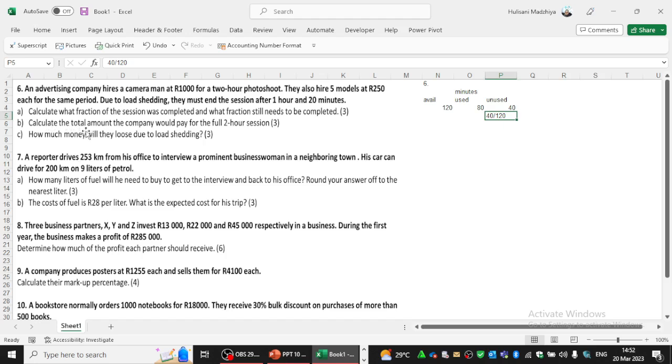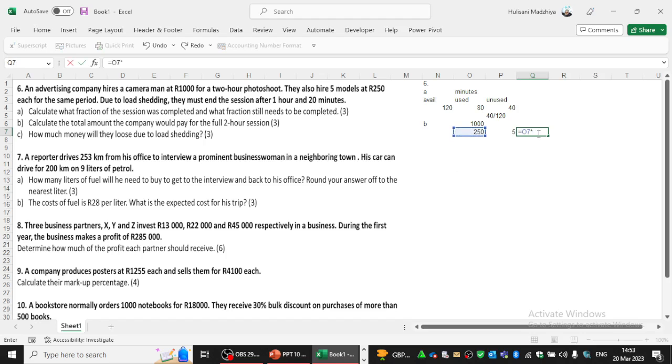Calculate the total amount the company would pay for a full 2-hour session. So number B, this was number A. Number B is just asking you to add all the amounts that the company is going to incur for a 2-hour session. So this is going to incur 1,000 for the photographer. It's going to incur 250 for each model. So therefore in total it's going to be